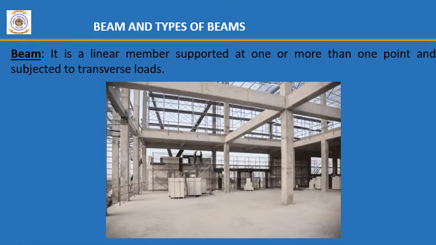So let us consider the example of a structure. This structure consists of a combination of beams and columns. We have to identify which is a beam and which is a column. In this structure, these are the horizontal members and we call them beams because these members carry only transverse load, or load perpendicular to the axis of the beam. Next, these are called columns because these are the vertical members and carry only axial loads. Therefore there is a difference between beams and columns.